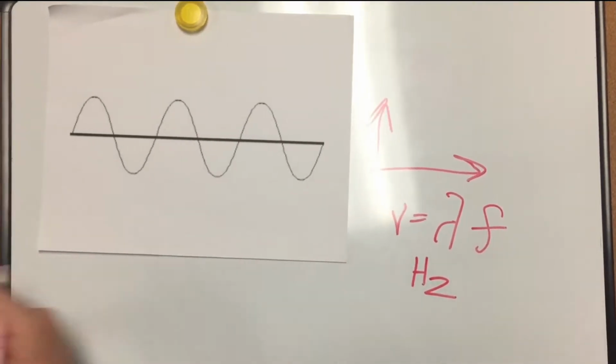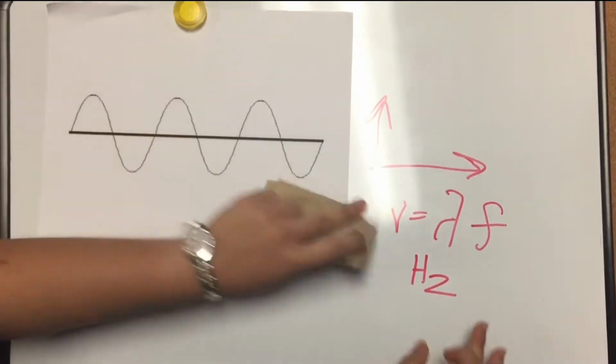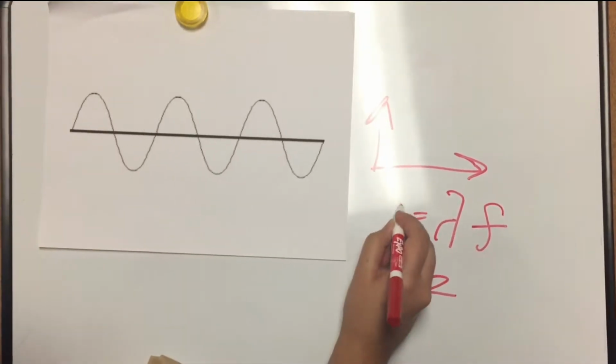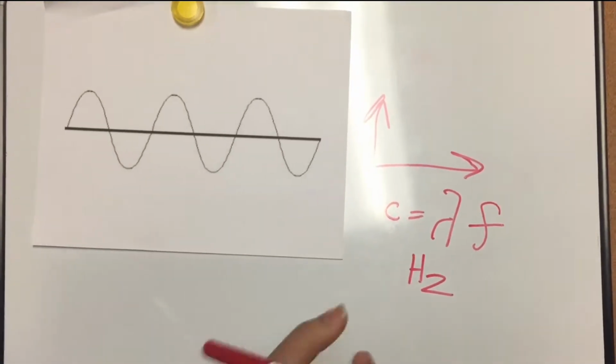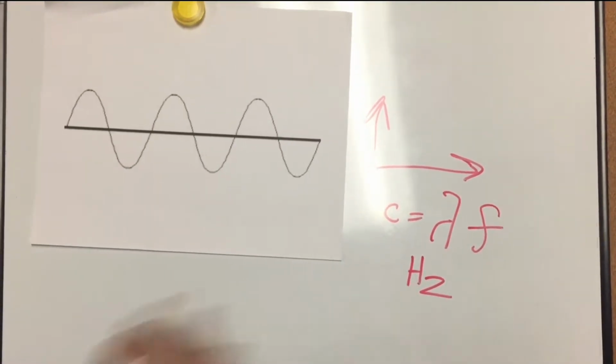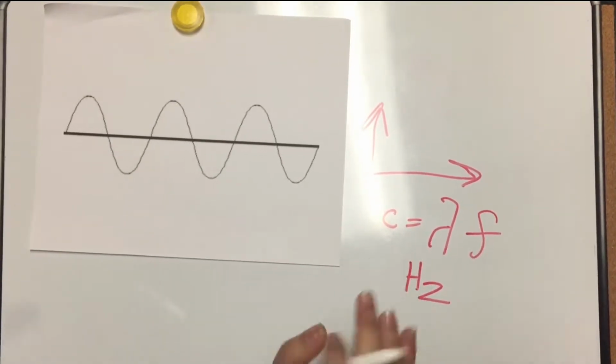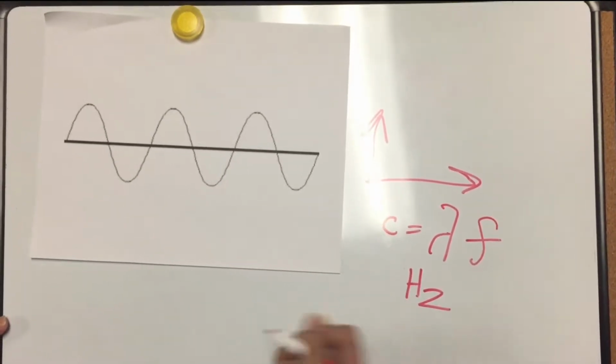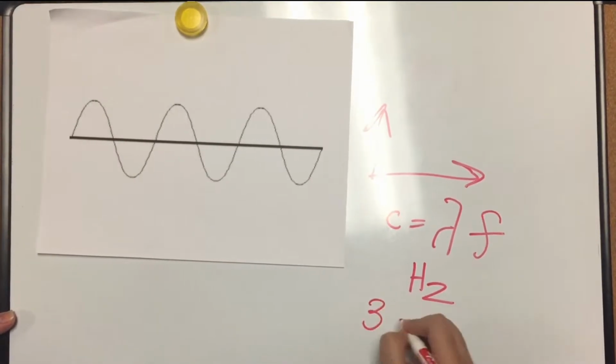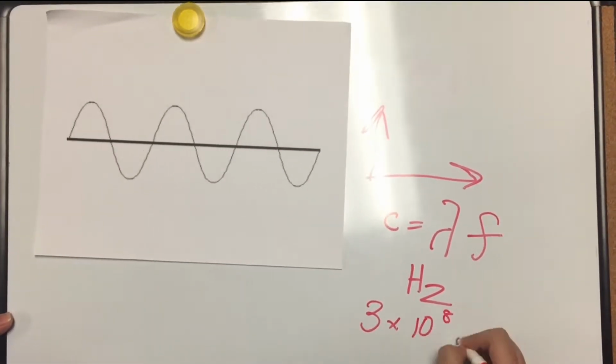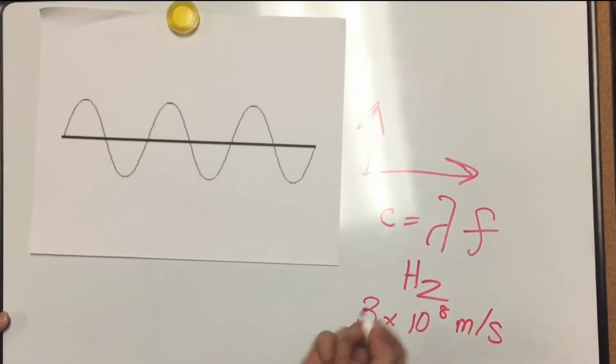Oh, and I almost forgot. Actually, since it's light, it's no longer v. It's denoted by a lowercase c. Now, don't ask me what that means. I don't know why it's a lowercase c, but it just is. And c is actually a constant at 3 times 10 to the 8th meters per second.